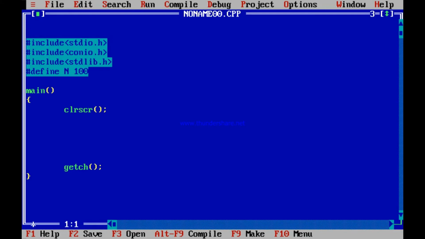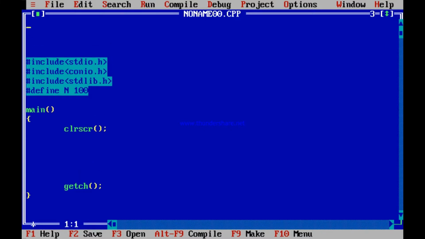See, till now we have been introduced to two types of data types. You have heard of int, you have heard of float. Now what are these int and float? When we declare int a, it basically means that a can have any integer value, maybe 10, maybe 100, maybe 24. Similarly, if you write float b, you understand that b can have any floating point value like 9.3 or maybe 7.6 or maybe 25.2 and so on.